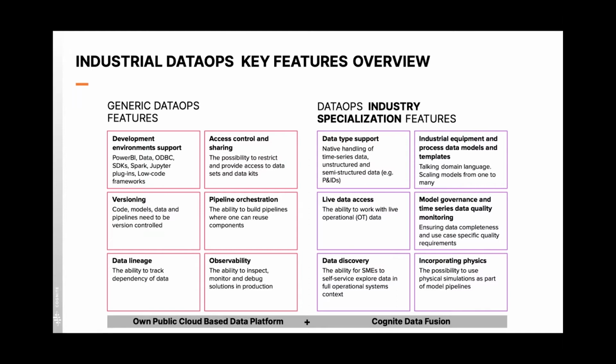We need to work with live data. Whereas in a conventional data operations environment, working with CRM data, everything is batch mode in reality. In industry, everything, especially when thinking about moving to operations, so putting the emphasis on ops, not the data, is about live data, working with live data.